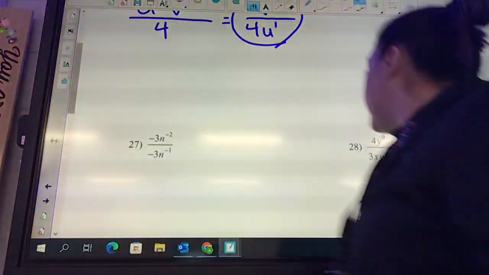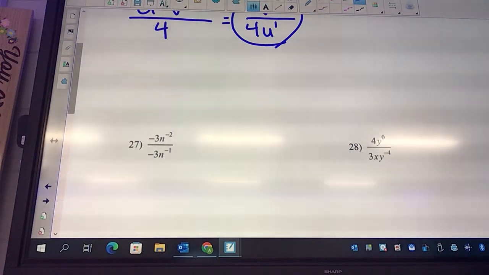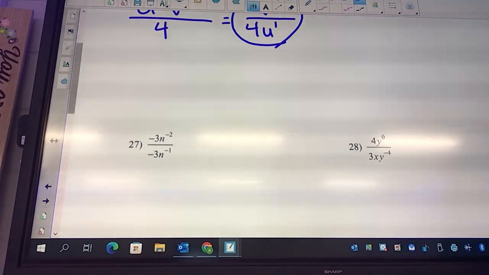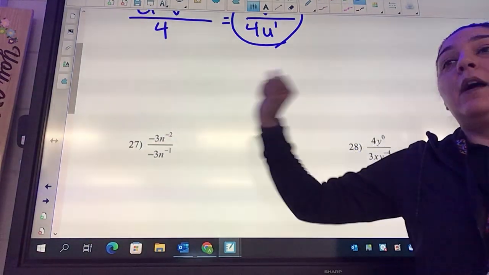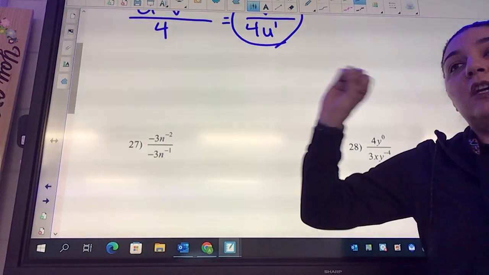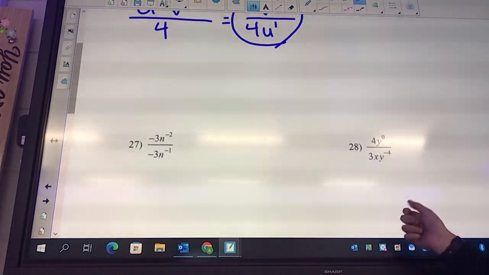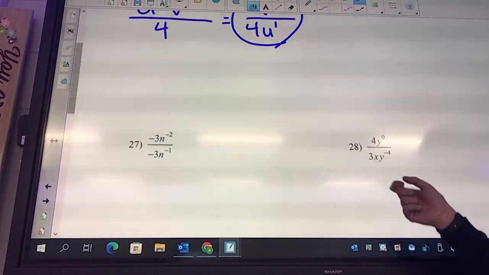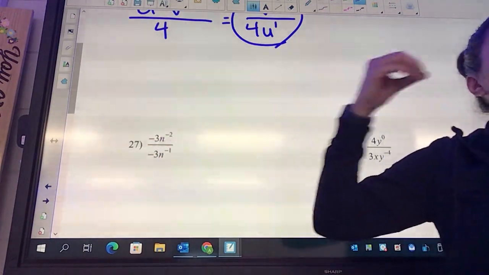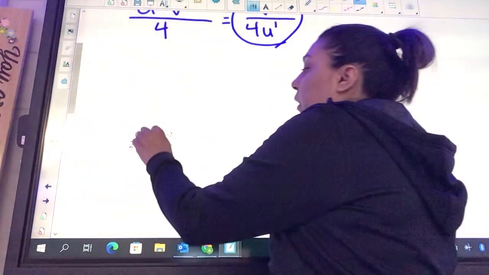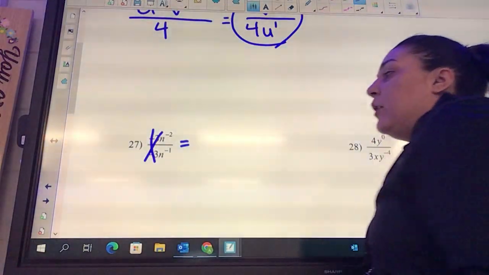Okay, 27. What is negative 3 over negative 3? 1. Okay, if you have the same number on the top and bottom, they can cancel. Just numbers, not letters. So like this one, 4 over 3, I can tell you right now your answer should have 4 over 3 in it. Okay, but if it's like 4 over 4, 2 over 2, 1 over 1, the big numbers can just cancel. Okay, so you can cancel those 3's. Okay, and we're left with